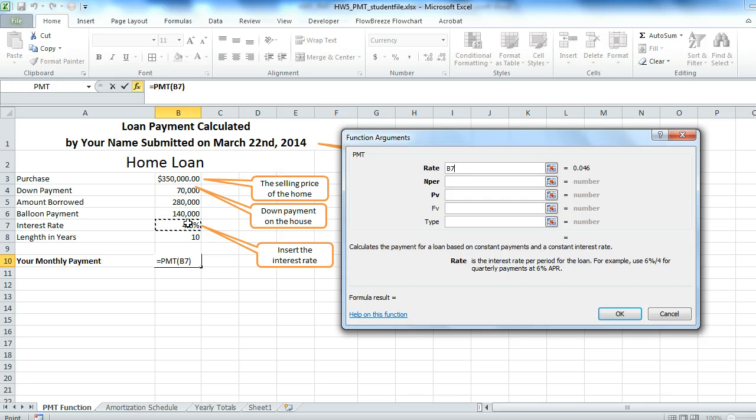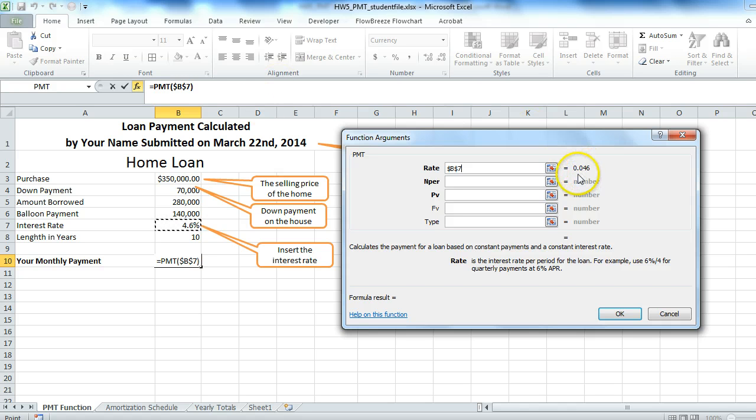So you can press F4 one time, and on my laptop function 4 like that. So you see $B$7, that means the reference B7 won't be changed. It stays there even when you copy and paste, and that's the rate